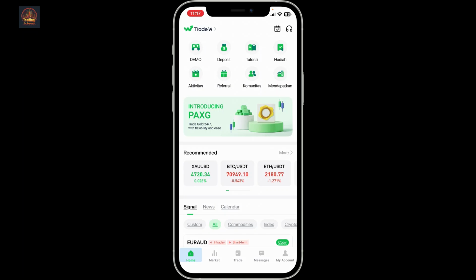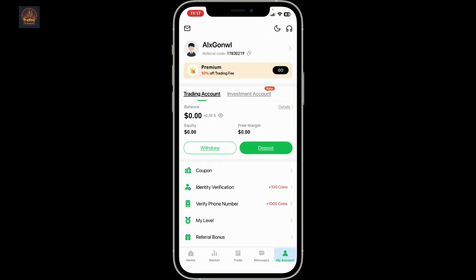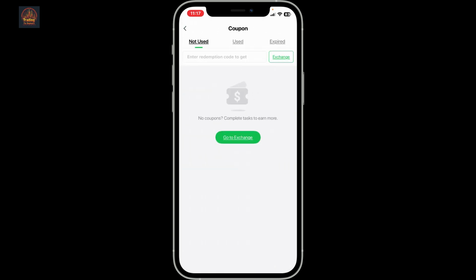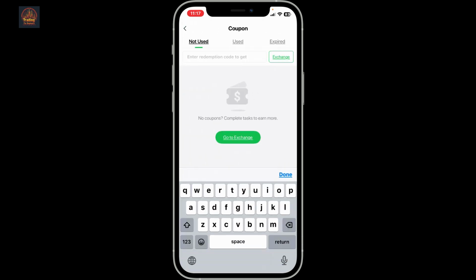Once you're in, go to the bottom right corner and tap on My Account. Inside the My Account tab, go ahead and tap on Coupon under Withdraw. And then in the Enter Redemption Code to Get text box, go ahead and enter your redemption code. Carefully type down or paste your coupon code, and after you do that, click on Exchange right next to the